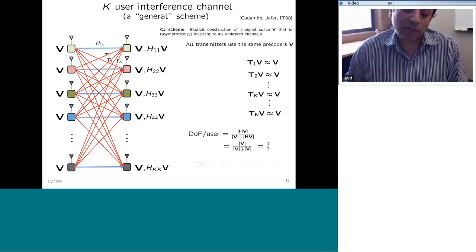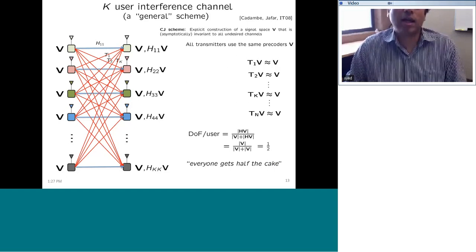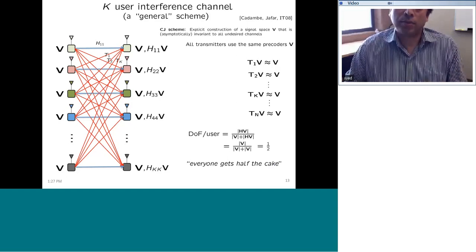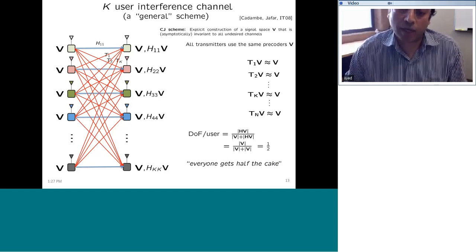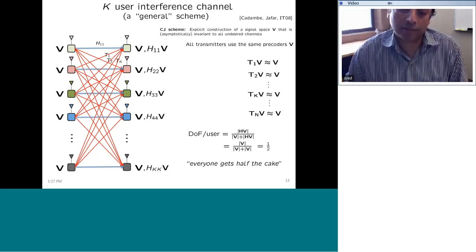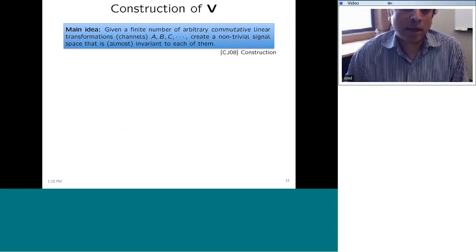So that's what it means when you say everybody gets half the cake. What you're saying is every transmitter receiver pair is able to access 1/2 of the total number of signal dimensions free from interference. So it's as if you had a certain bandwidth and you're able to divide that bandwidth into an arbitrarily large number of competing communications such that each transmitter receiver pair is accessing half of that bandwidth. So in wireless settings, this is important. So now let's see why,